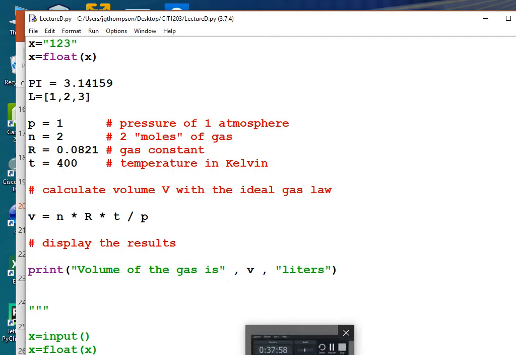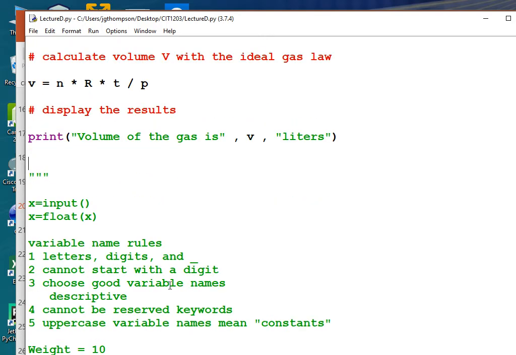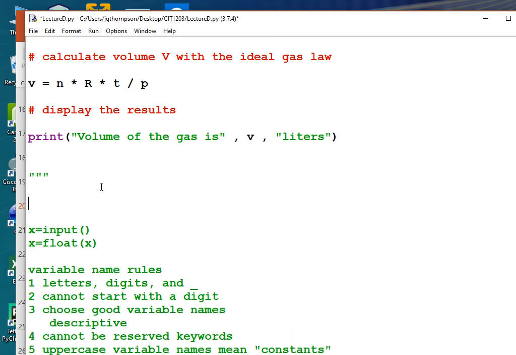Question: does it follow normal rules of math as far as how it does its operations? Which rules? You're the math professor, and I'm not, so you're going to have to tell me. For example, you do things inside parentheses and brackets. Okay, square brackets, very good point. This language does follow rules of operator precedence,